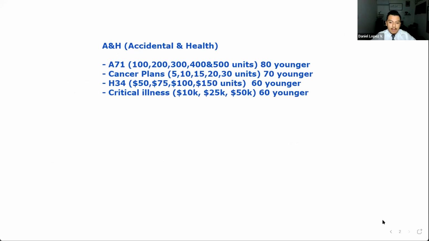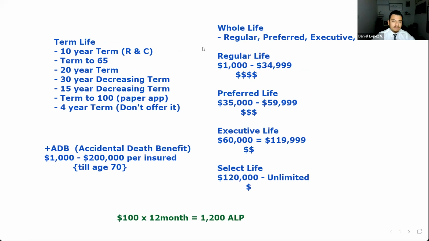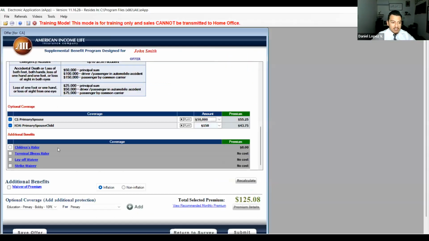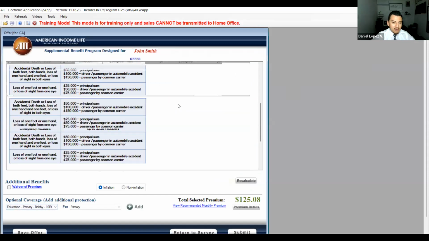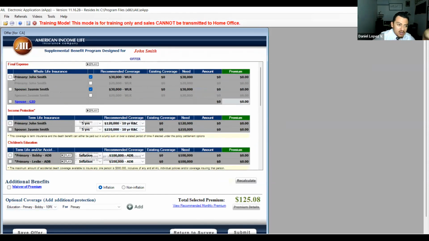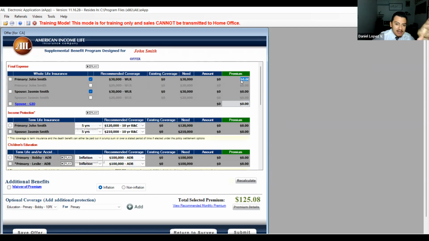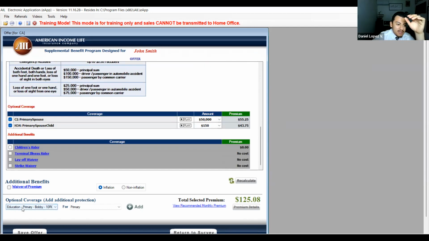PDF save. Questions? No? Beautiful. So that's pretty much it in regards to what we offer. Everything we offer is found after you pass. You got to get very familiar with this. You can uncheck, check anything, type in how much whole life you need, all of that. It's all here. And then everything else is down here.